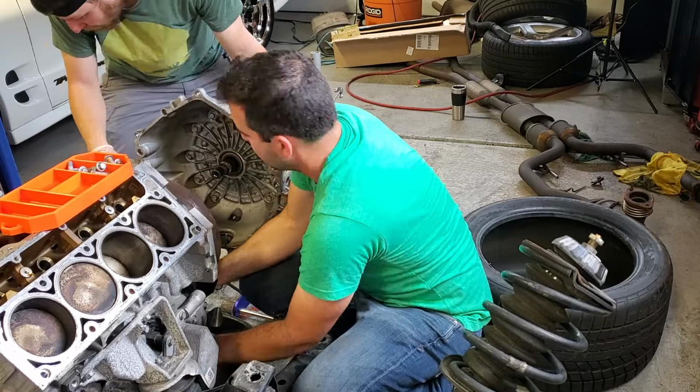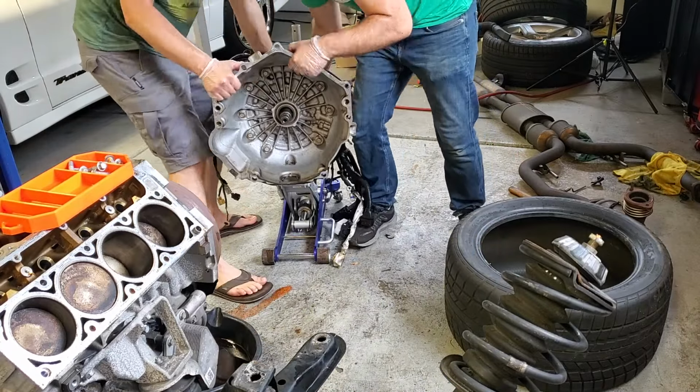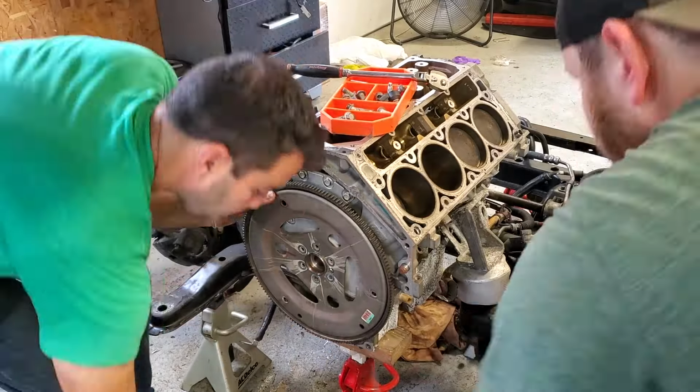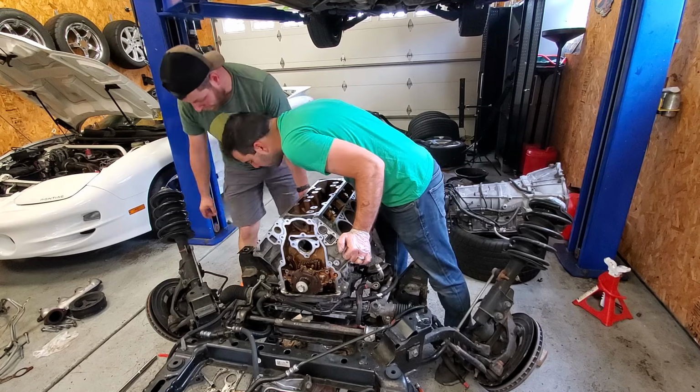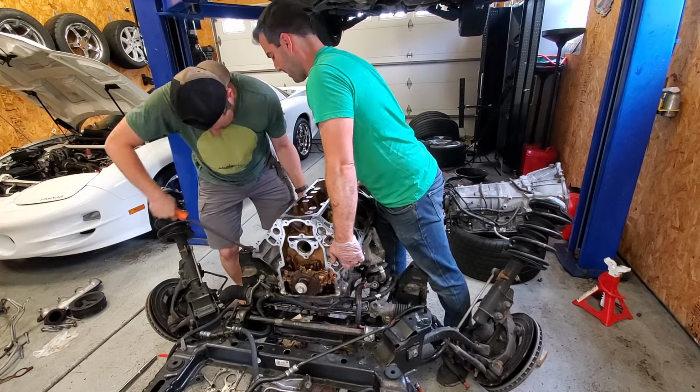I'm back on the Caprice project now, so my friend Eugene and I removed the transmission and set it on a tire. I unbolted and removed the flex plate, and then we manhandled this aluminum 6-liter V8 engine onto my engine stand,